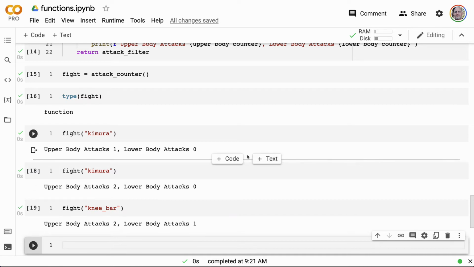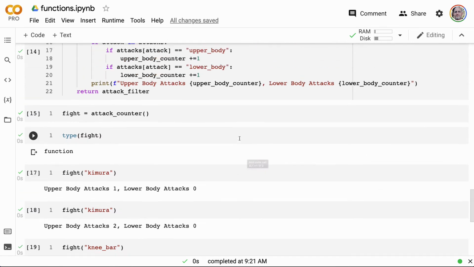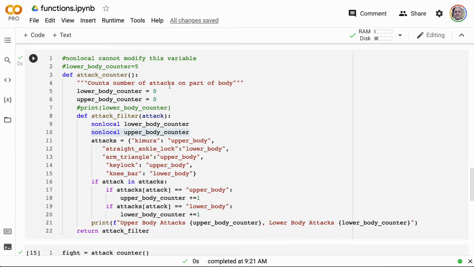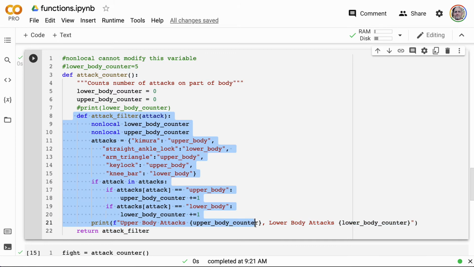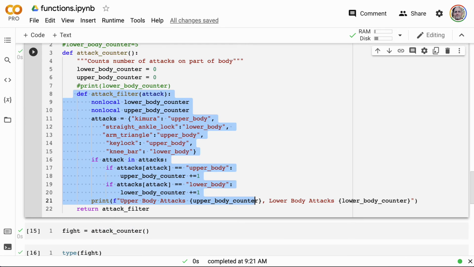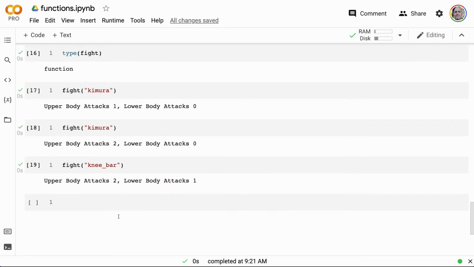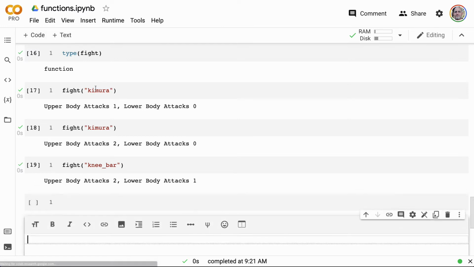So what's awesome about this kind of a style is that if you use these functions as a closure, which is an outer function that contains the inner function, you could build more sophisticated tools like, again, a closure here.